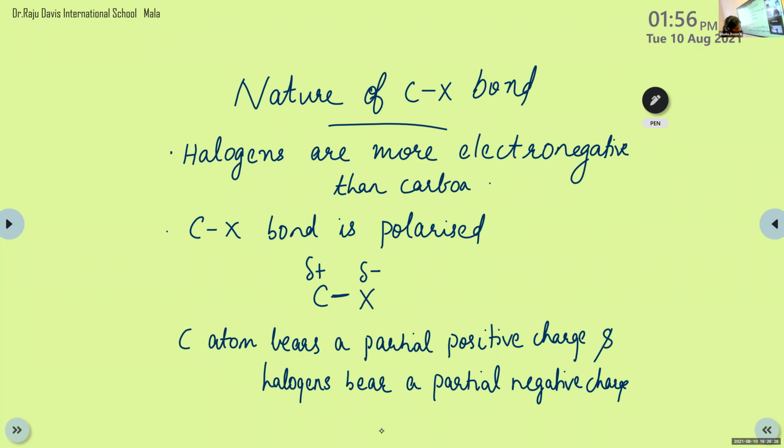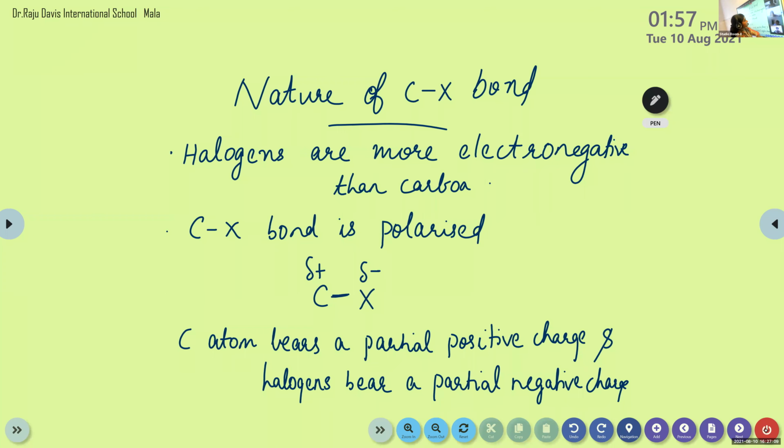When we are comparing the reactivity of halogens, the size of the halogen atom increases down a group, right? From fluorine to iodine, as we go down the group, the size of the halogen atom increases, because in each period a shell is added. So consequently, the carbon-halogen bond length also increases as we go down a group. So you can note the point.